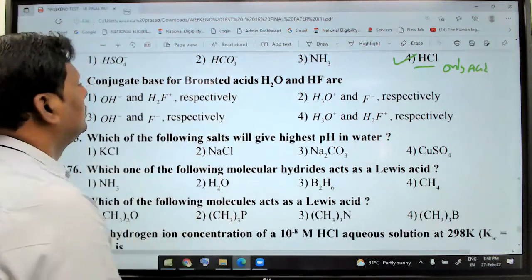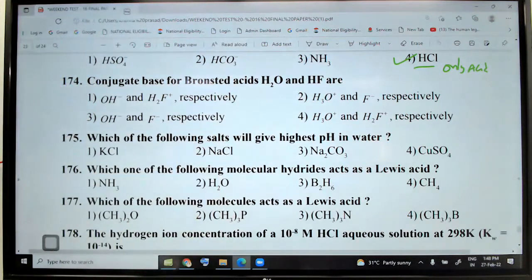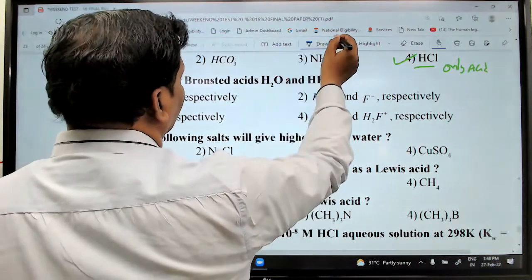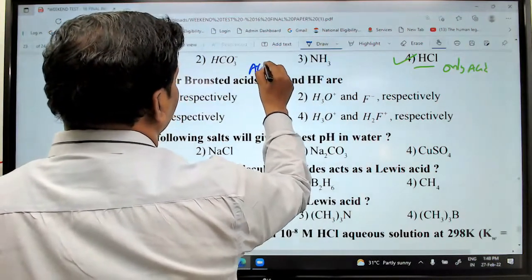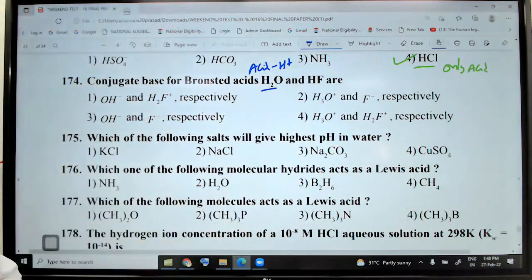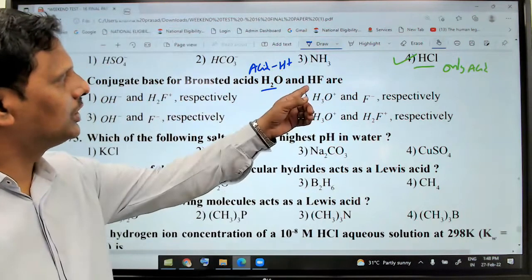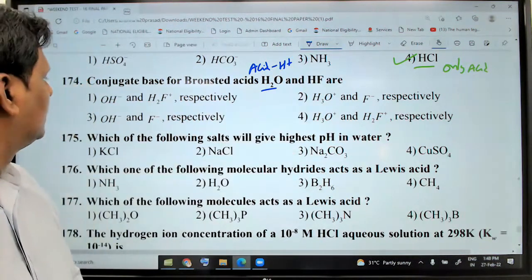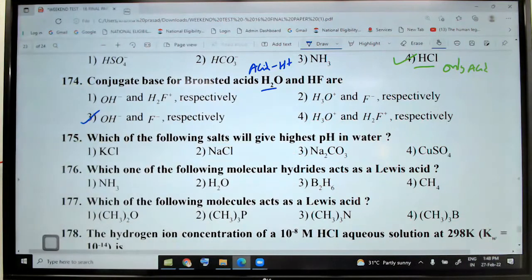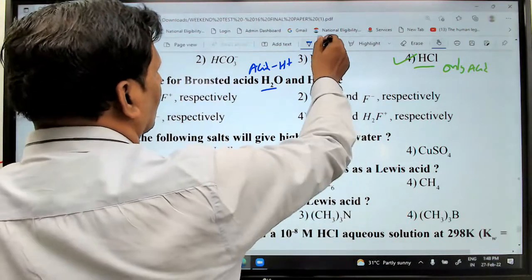174. Conjugate base for Brønsted acid. अच्छा, conjugate base का फॉर्मूला क्या होता है? एसिड माइनस प्रोटॉन. अच्छा, इसमें एक प्रोटॉन कम करो, OH माइनस है. इसमें एक प्रोटॉन कम करो, F माइनस है. अच्छा, OH माइनस एंड F माइनस respectively. Conjugate base is nothing but acid minus proton. So now